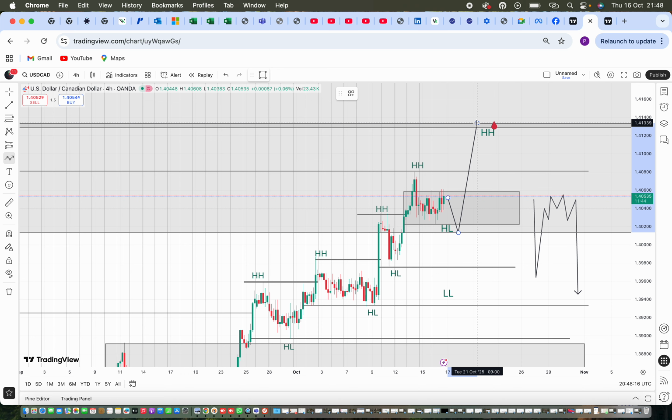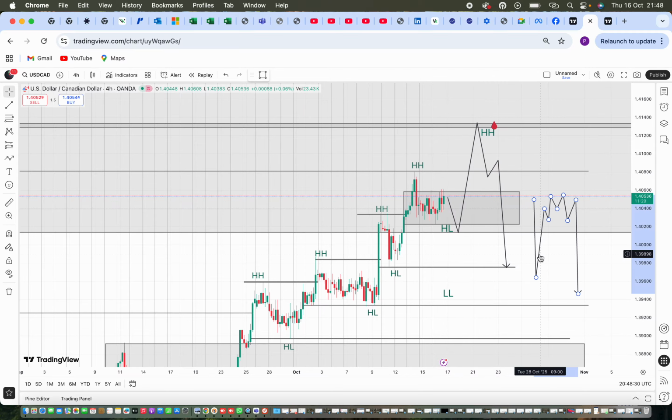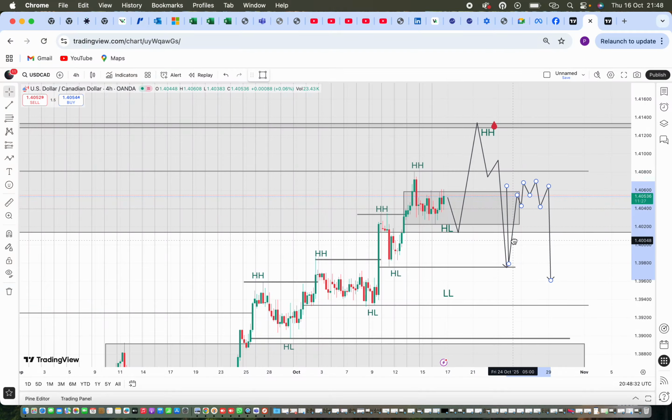Now when we see this happen, knowing fully well that around this level I'm expecting some form of reversal, if price happens to give me something like this and break structure, this will be when I will not have to wait for price to give me this pullback that I'm expecting from this level, maybe back to this level, and we can look for a setup to target this market down.